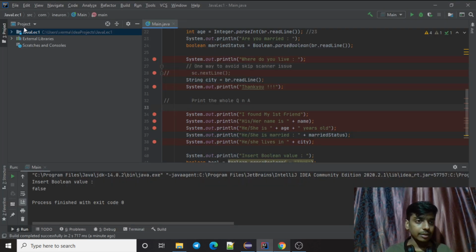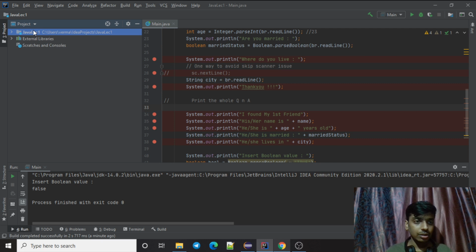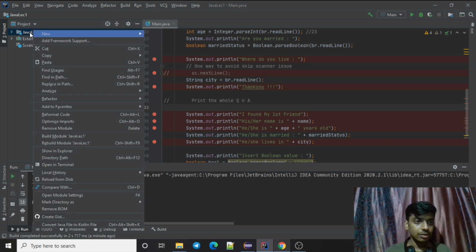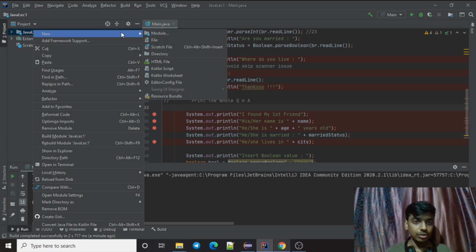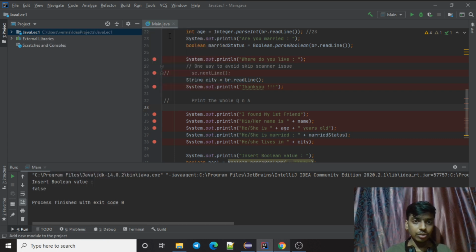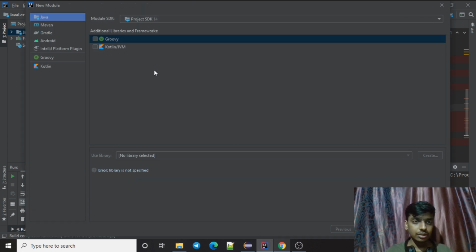So for that, let me create a new project here, just to not use the same code. Right click on this, go to new. I'm creating a new module because I want a new module.